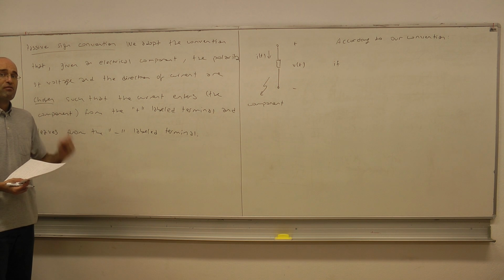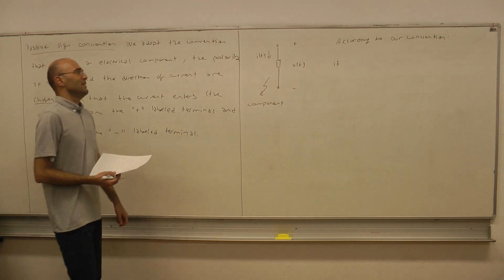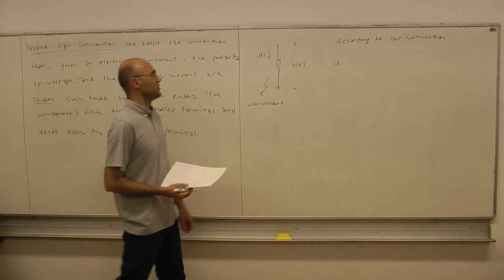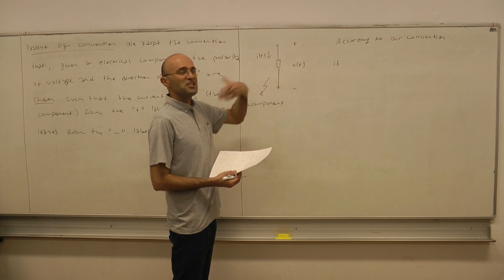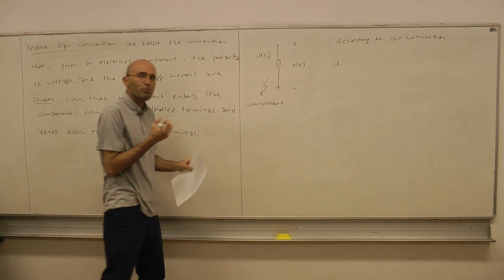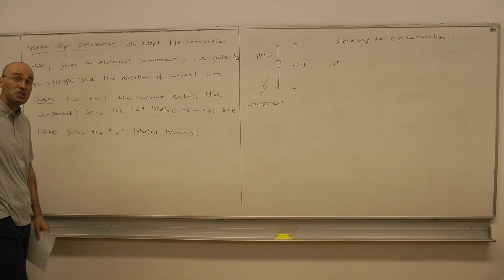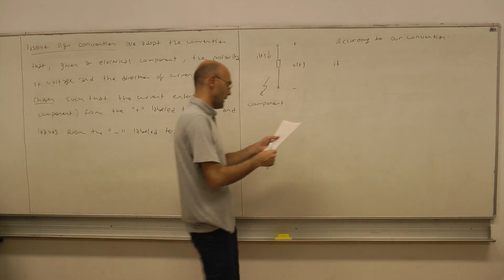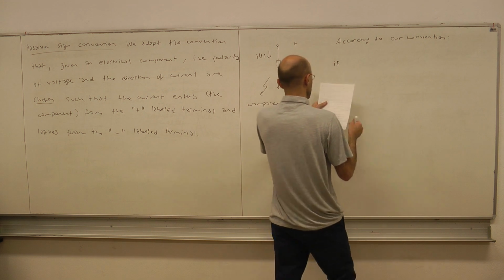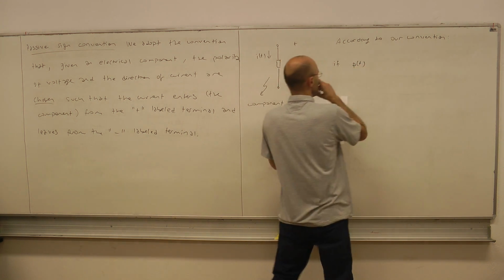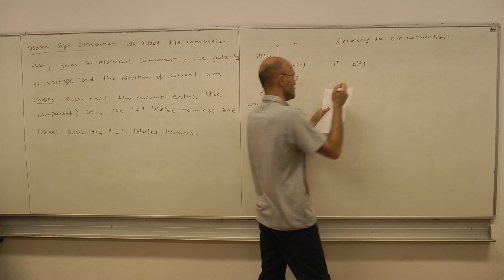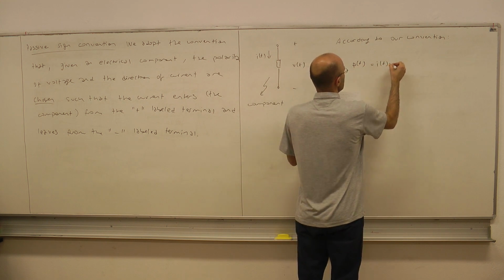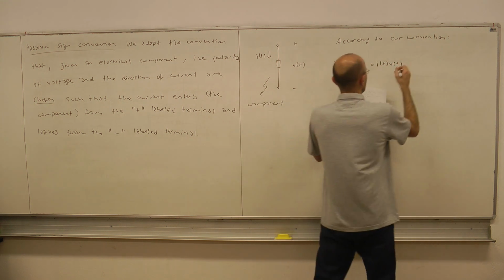And then the sign of that power tells you generally what this component is doing, in the sense that whether it's absorbing energy from the circuit or it's delivering energy to the circuit that it is part of. And the rule is as follows: if P of t, the power of this component, which is i(t) times v(t),